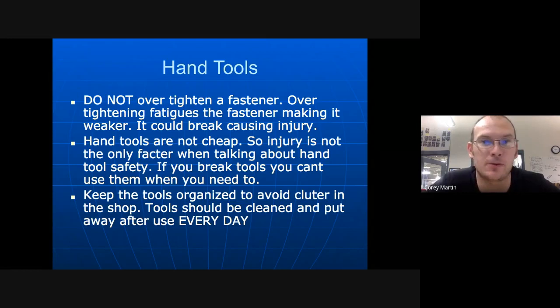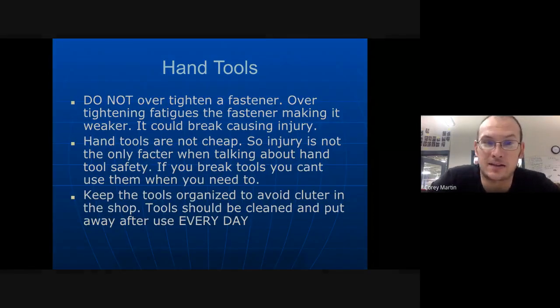If all we did was clean the tools up and put them away, we would never get any work accomplished. So we don't necessarily do that every day, but usually every week we will gather up our tools and put them away. So keeping the tools organized in a working shop is difficult to do, but it is manageable. And we do make sure that we do that at least once a week so that we can have things ready to go for the following week. And usually at the end of every course, we will put every single tool back where it goes so that it's ready to go for the next course.